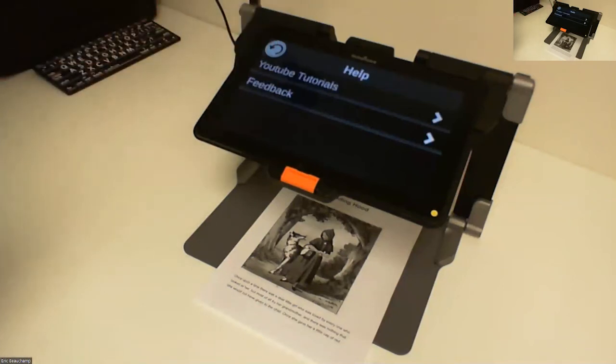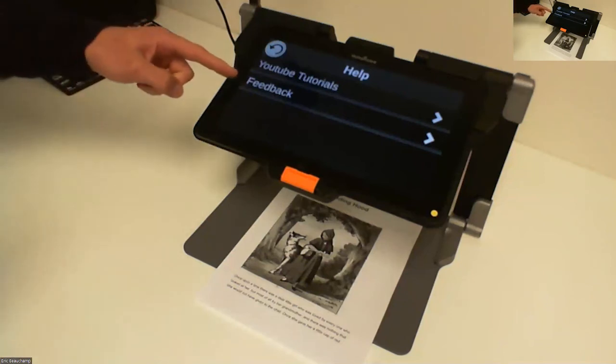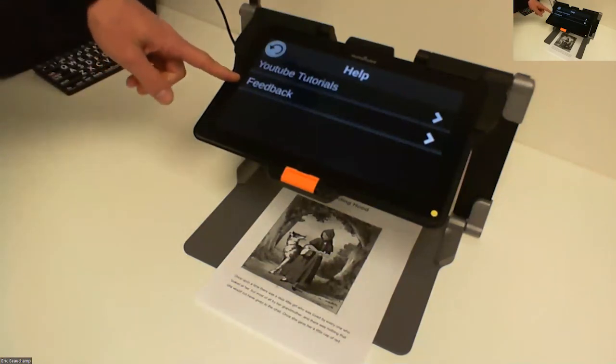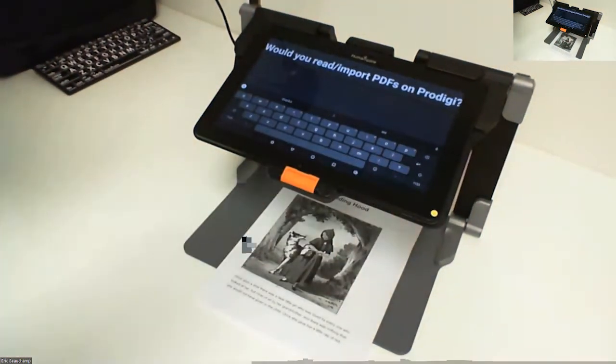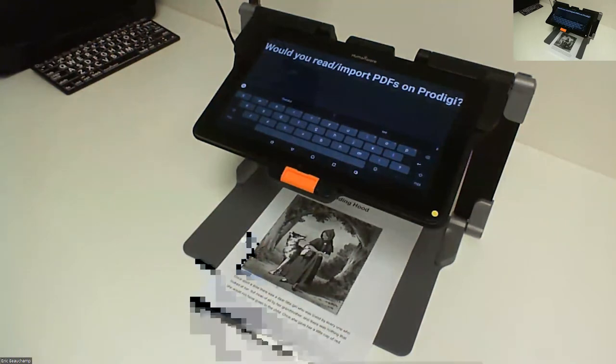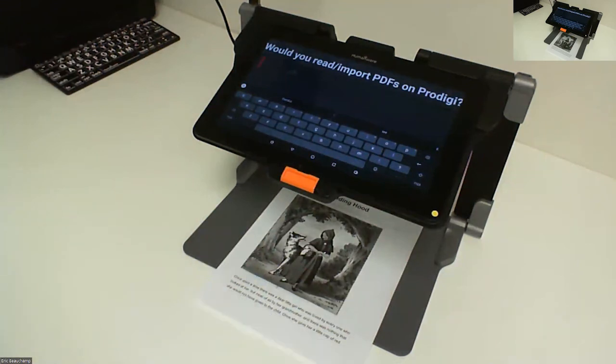If I go back to my main help application and I click on the feedback option instead of the YouTube tutorials, this will bring you to the survey. The survey will show up 7 days after the new version has been installed. So 7 days after the version has been installed, you're going to have a pop-up saying, "Would you like to answer the survey?" If you select no, we're going to stop asking, and that's it. And if you do select yes, you're going to go through all the 5 or 6 questions that I have